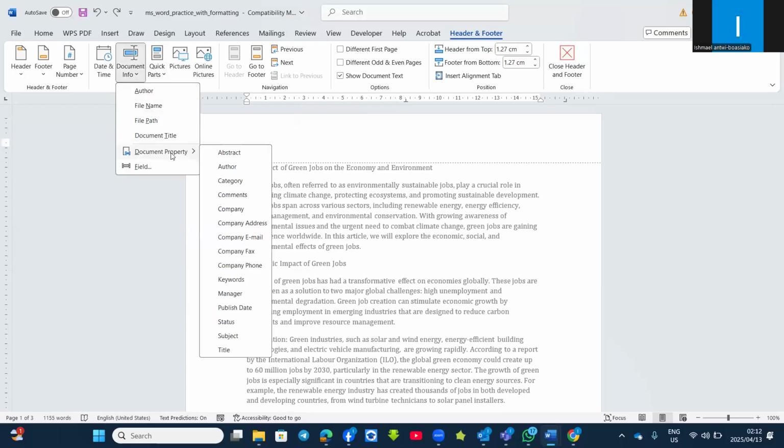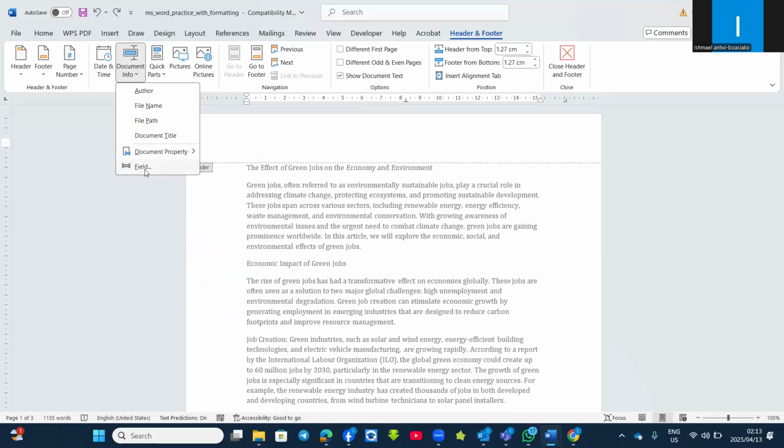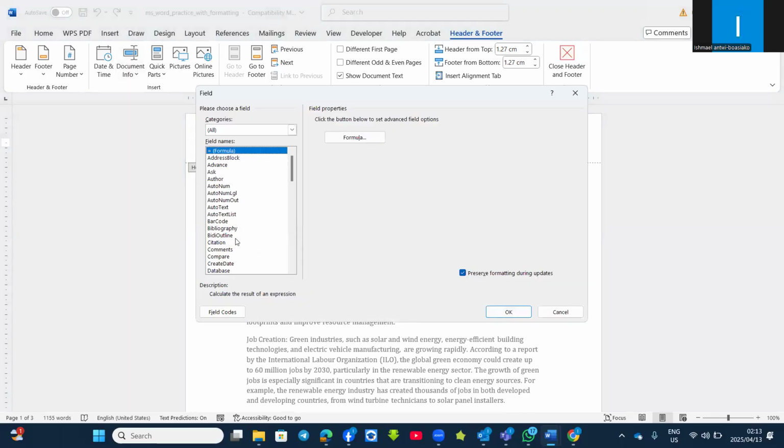Other properties, like the author, the category, the comment, the keyword, the published date, the status, and the rest. If you don't find them here, you can also insert certain fields. So under the document info, you go to field. Then you can even insert something like